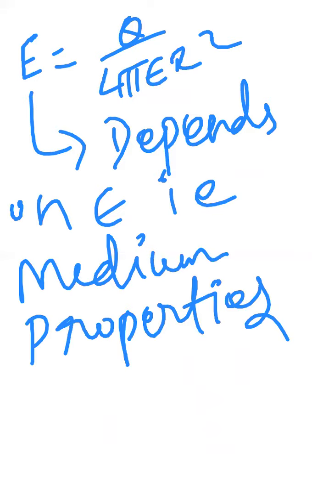Next, we are going to work with epsilon. I am keeping all other parameters constant. When I analyze one parameter, I have to keep the remaining parameters constant. Now I am going to keep Q constant, r constant. Now I am going to vary epsilon. Then what happens to E?